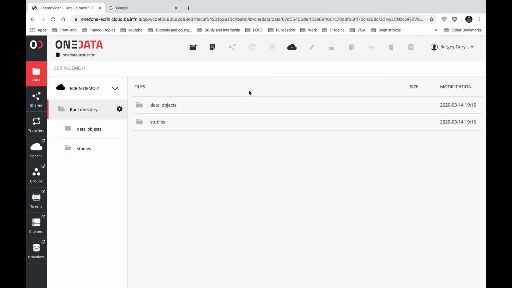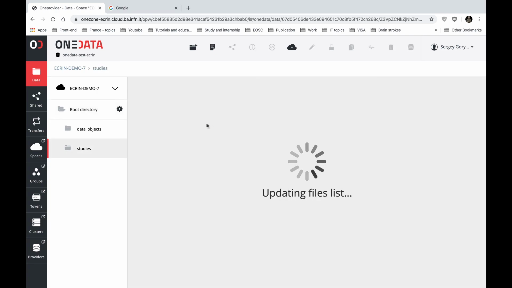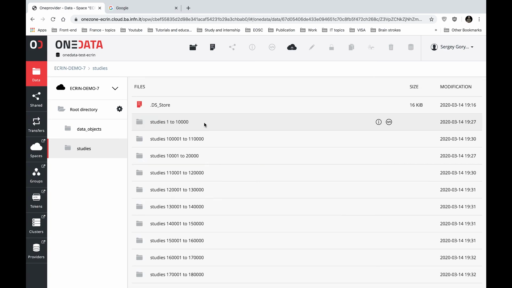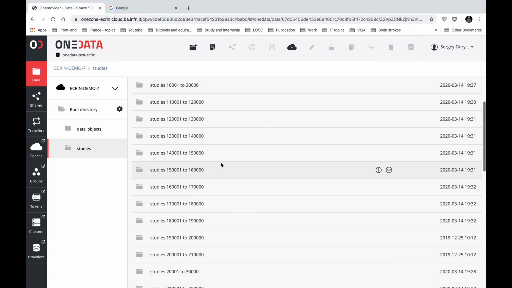As you can see, I was redirected to the root directory, where you can see studies and data object folders with the relevant JSON files inside. All these files were integrated into the system using OneData FS library, which is based on Python FS library and were adapted to work with OneData environment. All our JSON files are stored in several directories with 10,000 JSON files in each. To see that, I will click on Studies directory, and as you can see, all the files were successfully